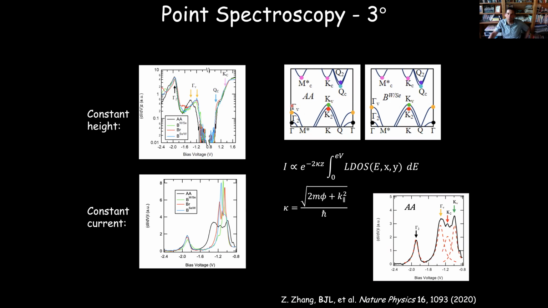So these different spots in momentum space give different contributions to the density of states, and you can break that down just by fitting these here with different Lorentzians corresponding to the valence band maximum at K, the second valence band at K, the gamma maximum, and the second gamma. And so these are coming here. If you go to different sites, say there's tungsten on selenium, the ordering of the bands changes and you see a different spectrum, and you have to analyze these differently.